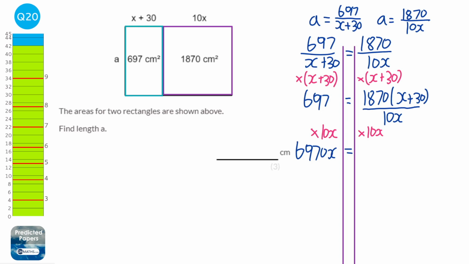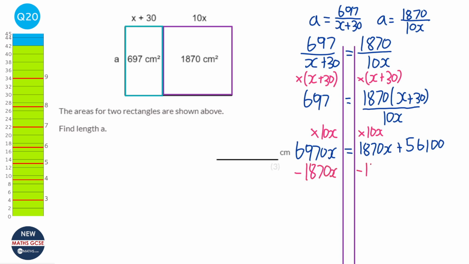So let's expand while I'm here. That would be 1870x plus, what is it, 56,100. I believe that's right. Yep. Okay, so now we've got x's on both sides. So we look and see which one is the smaller amount of x, which is the 1870, and we're going to take that away from both sides. So take away 1870x from both sides,